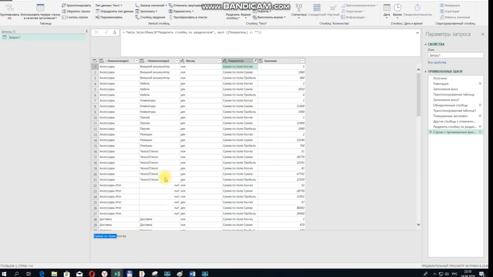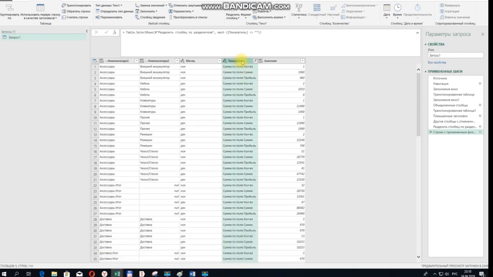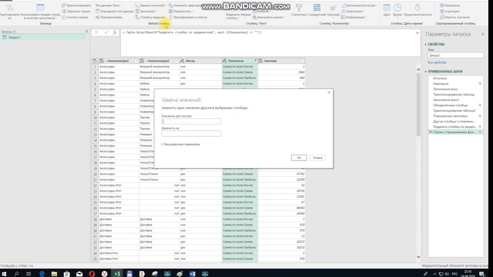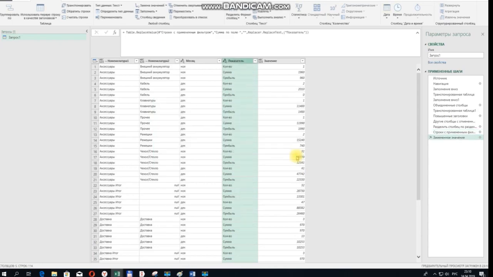Just choose it, and choose the "сумма по полю", and choose our показатель column. Go to the Transform tab and go to Replace Values. So we want to get rid of "сумма по полю", so we'll write it there, and here